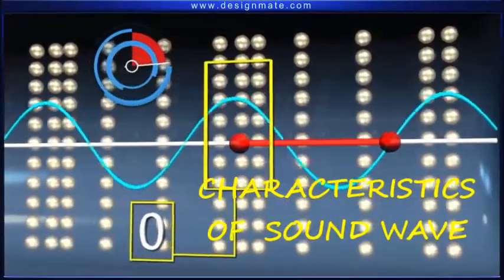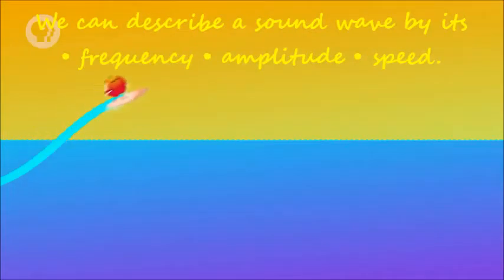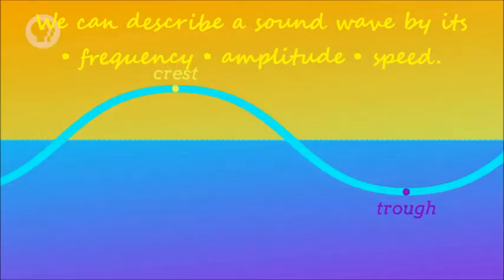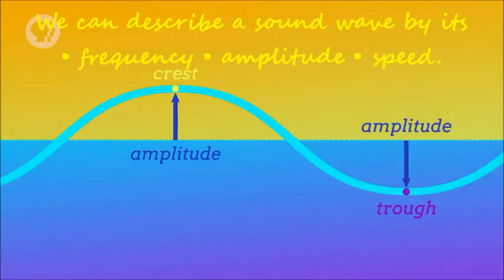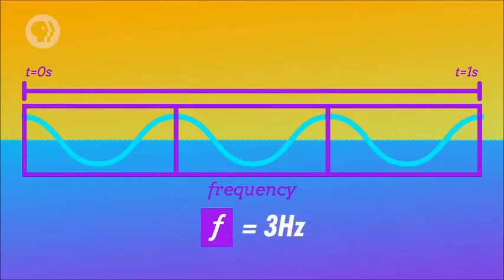The number of waves passing through a point in a second is called frequency. The waves have crests, the bumps on the top, and troughs, the bumps on the bottom, they have an amplitude, which is the distance from the peaks to the middle of the wave. They also have a wavelength, which is the distance between crests, a full cycle of the wave, and a frequency, which is how many of those cycles pass through a given point.